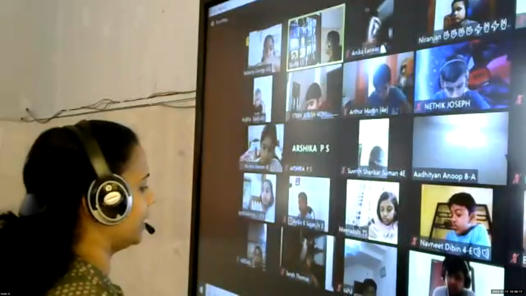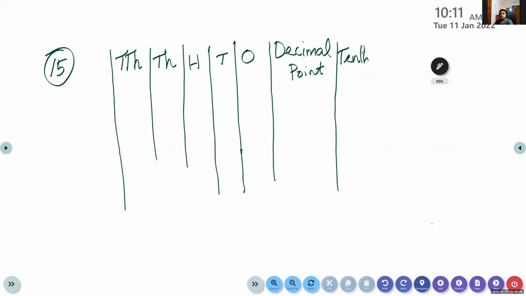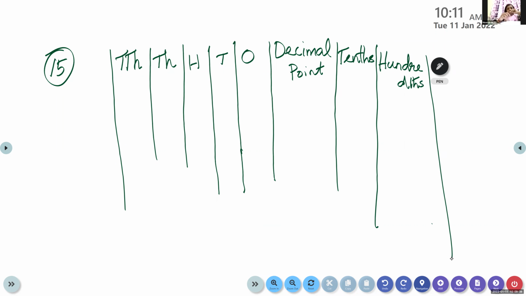Okay. So I'm writing like full, because you are learning decimal places for the first time, so you have to write in full. Like here, tenths. After tens, what do you have? Hundreds. Ma'am, can we just draw a dot instead of writing decimal point? You have to write a decimal point, my dear, because the dot we will write below after that. Okay, ma'am.